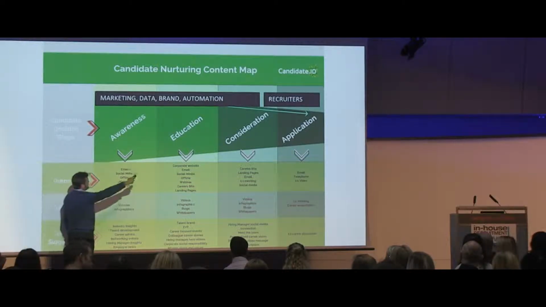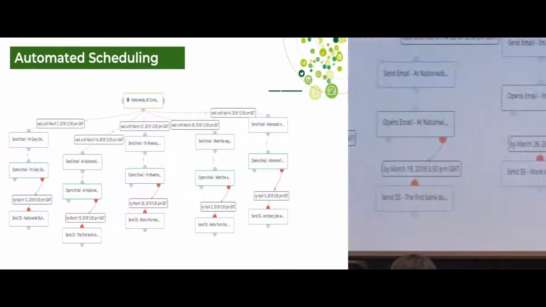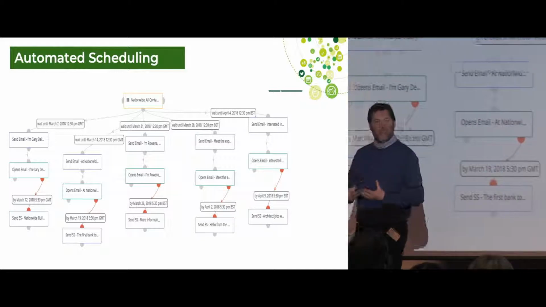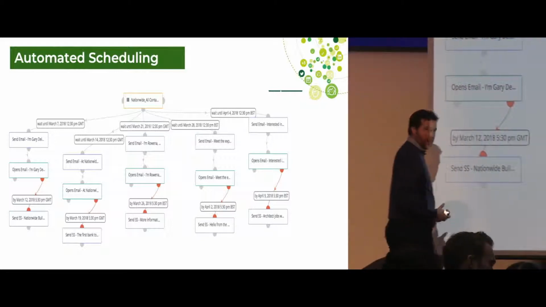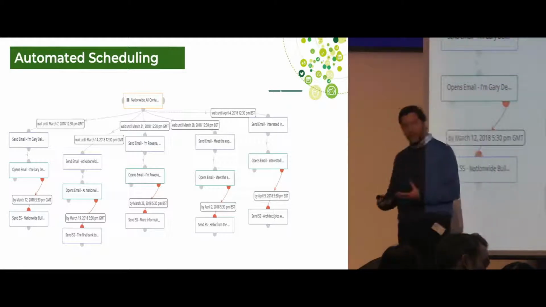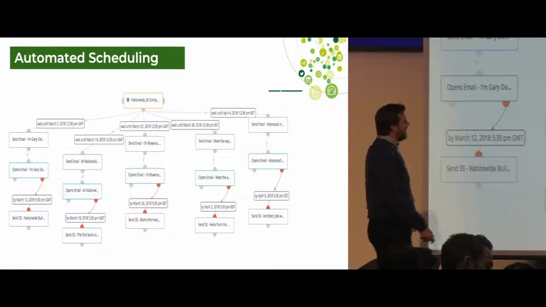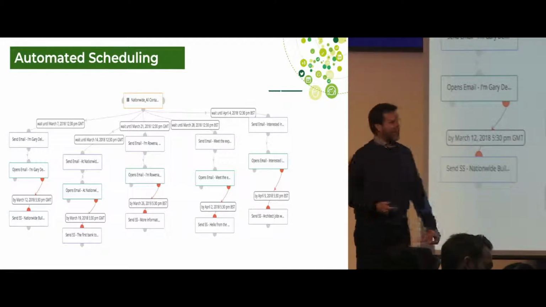Understand where marketing data, brand and automation come in, and make sure recruiters use our expensive human time at the moment when a candidate actually wants to talk to a human, actually wants to talk to the organization about your organization, rather than throwing jobs at them at a time when they don't, if we knew when they don't. This is done through automation, so the whole journey is set up on the system